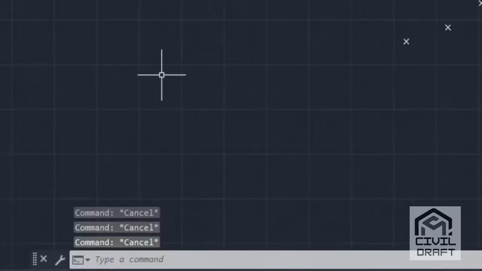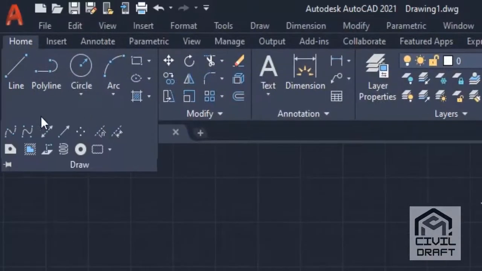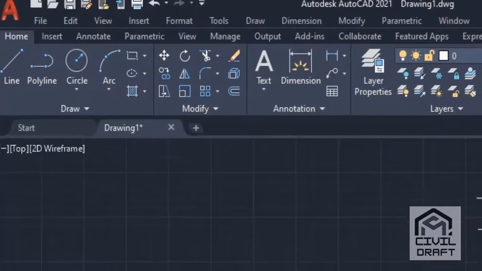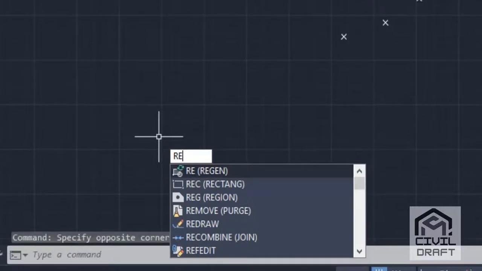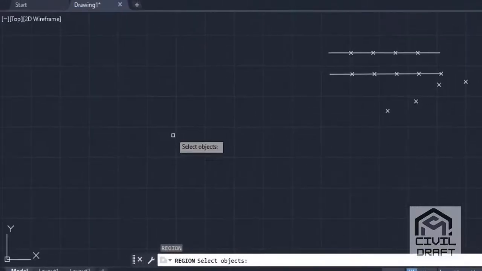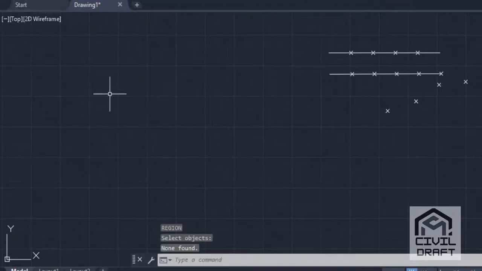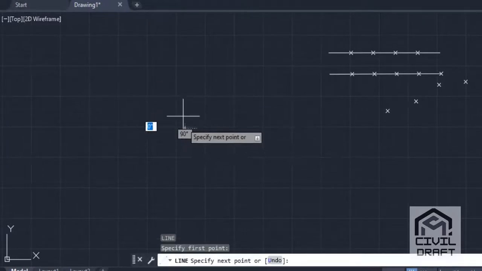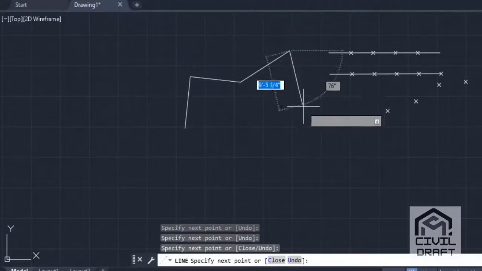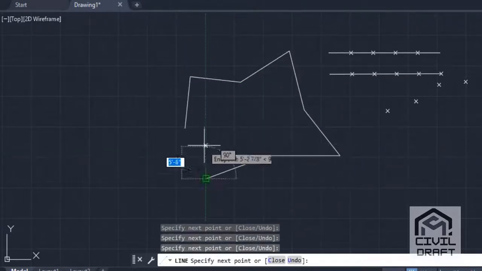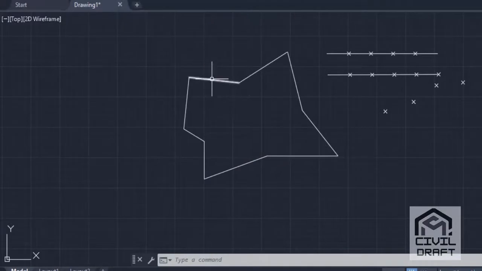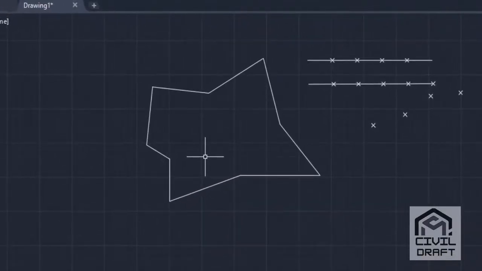Okay, now we move to the region command. Here in the draw toolbar there is the region command, or you can type REG, enter. Select object. First I'll make one figure here by using the line command. I'll make one rough sketch here. Now I will apply the region command here.